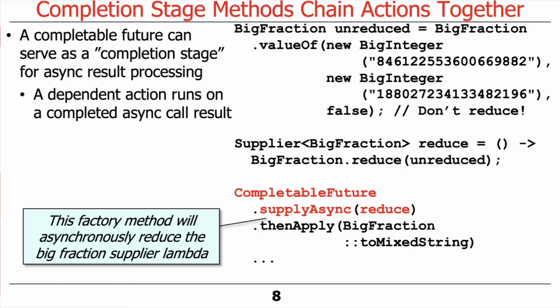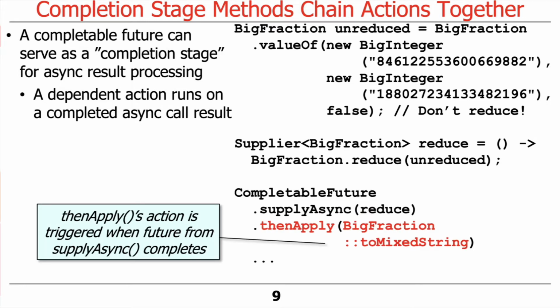And it's going to pass in the reduce action, which in this case is a supplier. And that'll call BigFraction.reduce on the unreduced variable in a background thread. So the supplyAsync call will take the reduce action, which is a supplier, and then arrange to run that reduce action in a background thread from the common fork-join pool, kind of as we talked about before. When that call is finished, when we're done with asynchronous processing to reduce the BigFraction,